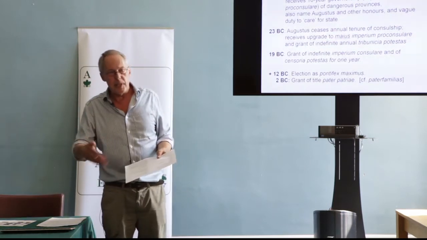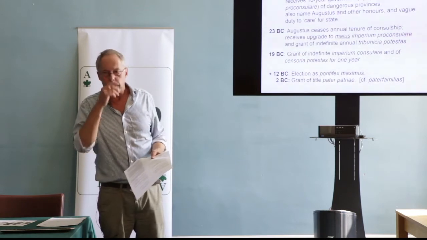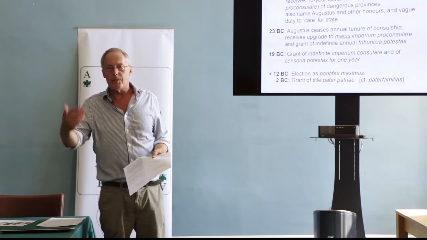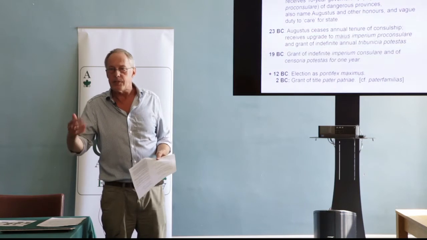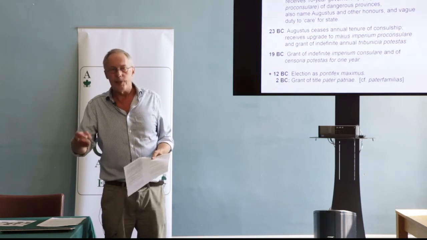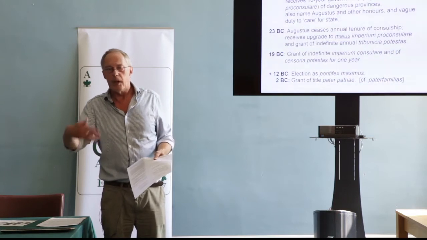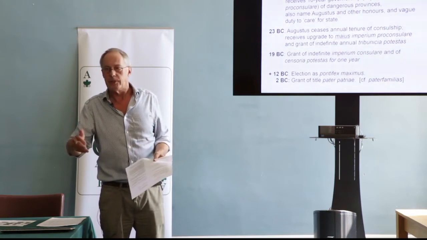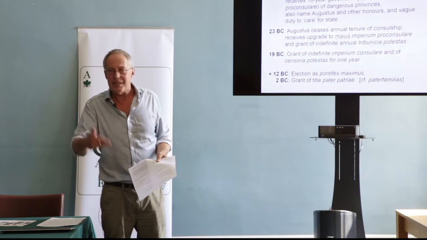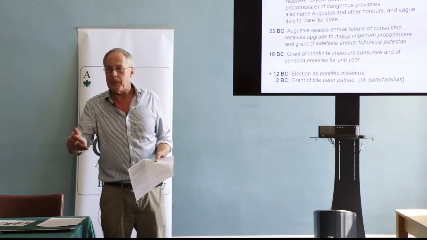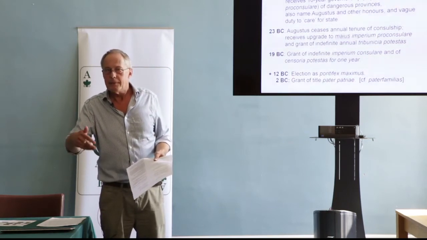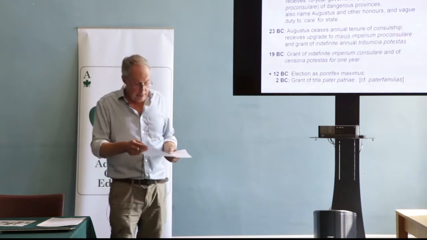This is being published at the end of his life in AD 14. He's summing up his whole political career at the end, and he's saying, what I did in 28 to 27 was I restored the Republic. And there are coins that say res publica restituta. He says, I gave the state back to the Senate and people. Yeah? So he's claiming to have restored it.